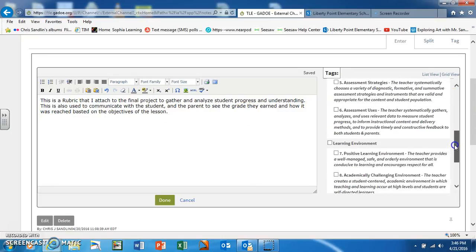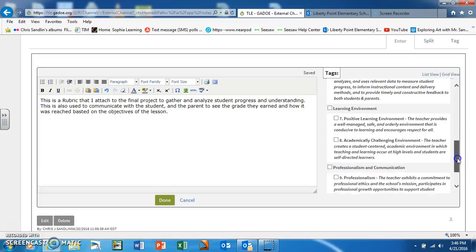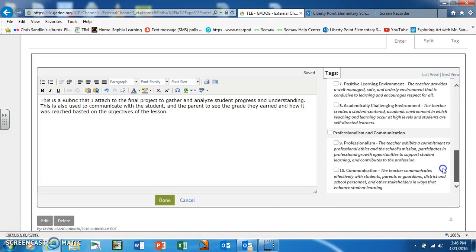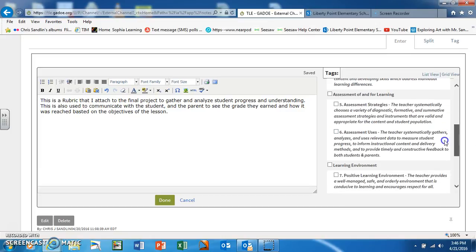Then you look onto the right side and you have another scroll bar. And right here is all the 10 standards that we are assessed under. So you've got 1 through 10 on the right side. So what we're going to do is go down to Assessment of and for Learning. Then we're going to look for Standard 6, which is right here, Assessments Used, and we're going to